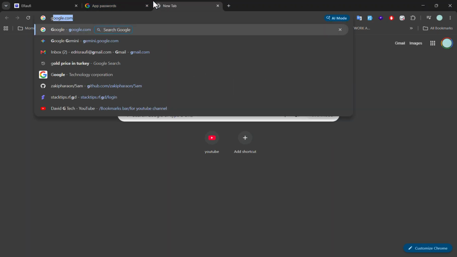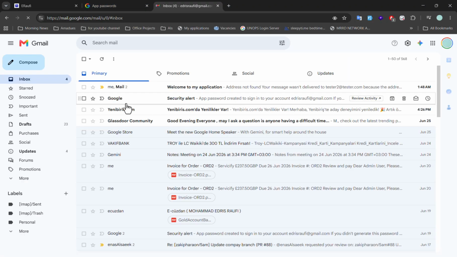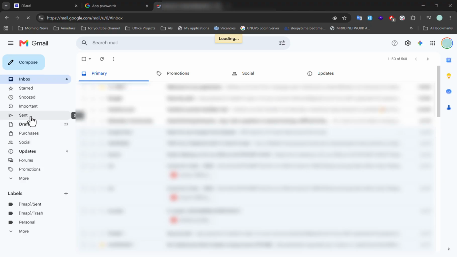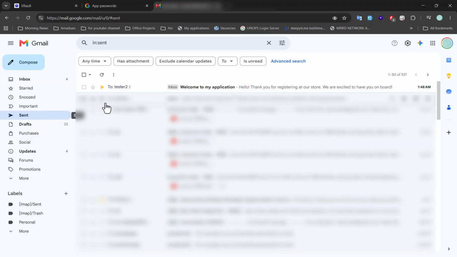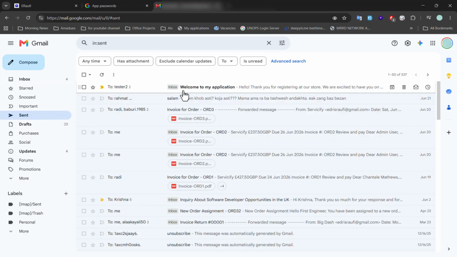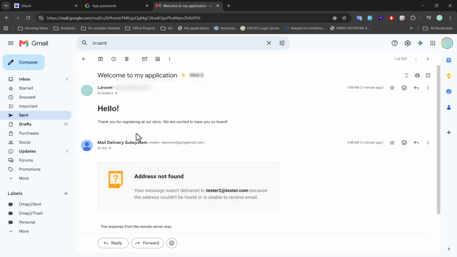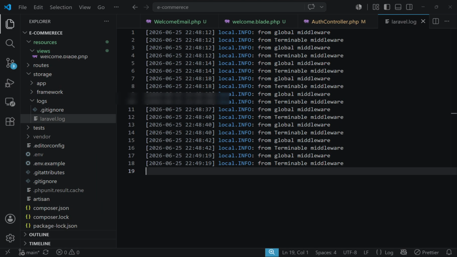Now let's go to our Gmail account and let's click on sent. As you can see in here, the email has been sent to this user, and if I open this, in here I got the hello, thank you for registering to our store, and in the subject also I see welcome to my application. So this is how you can create